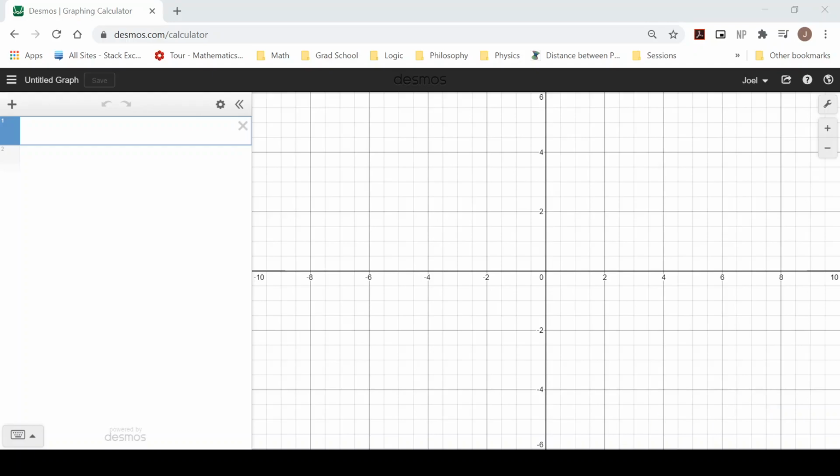Hi class, I said I would show you how you can use a computer to draw the normal curve, and obviously a computer has better graphic capabilities. It's more precise than the human hand. I happen to like Desmos, and if I go to Desmos and type normal